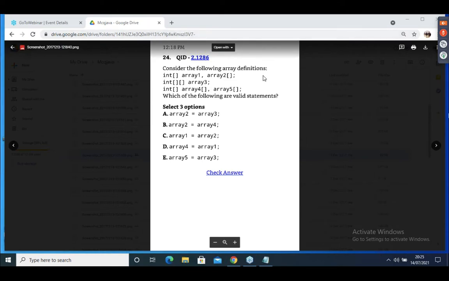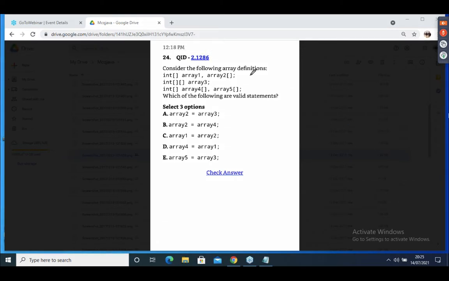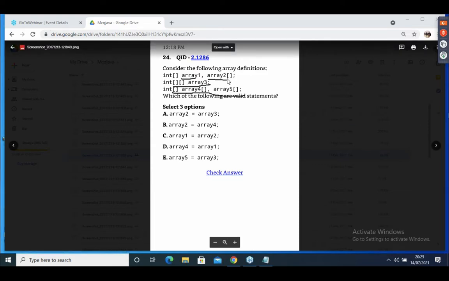Two, three options you have to select. Consider the following array definition. Array 1, array 2: this is a declaration. Both ways can be used to declare. This is a two-dimensional array. Okay. These two are also two-dimensional arrays. Remember it, I have explained it in the programming class. Array 1 and array 2 are single-dimensional arrays. Array 3, array 4 and array 5, these three are